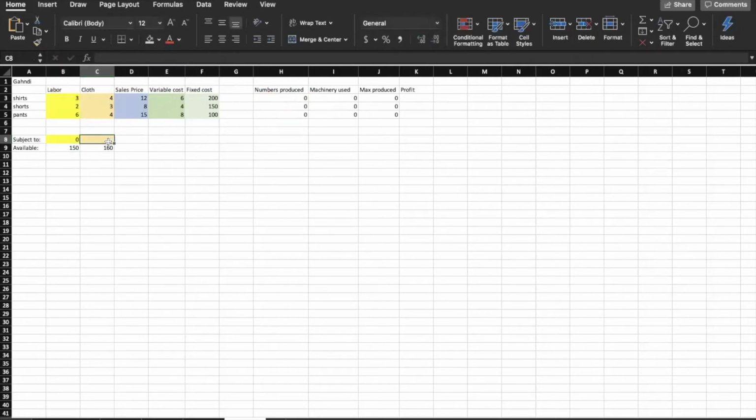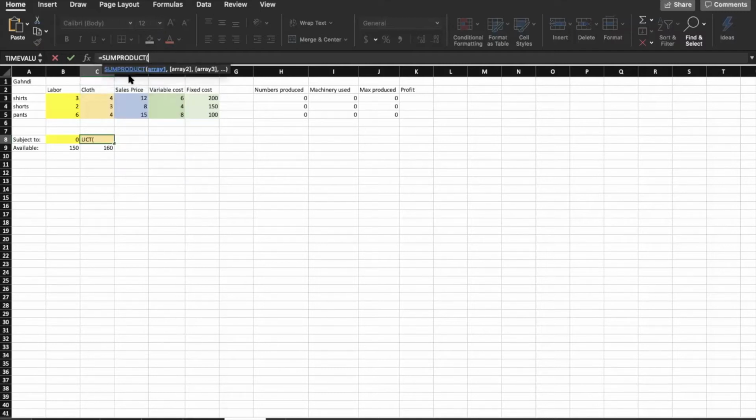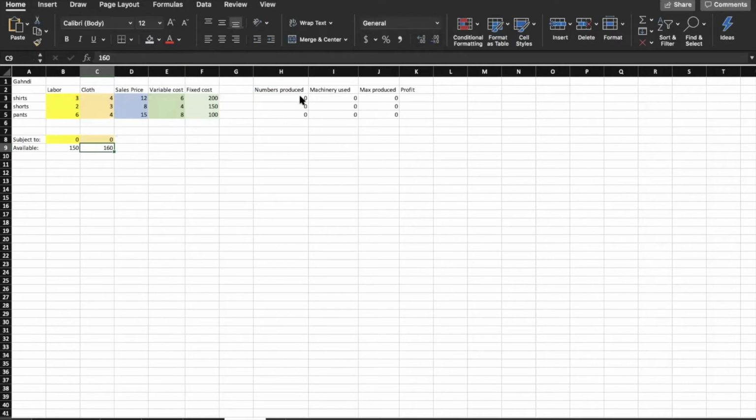We'll do exactly the same thing for the quote. So the sum product of how much quote we need for each of them and the number of how much produced. And those need to be less or equal to 160. So right now, let's do the maximum produced number. Remember, we calculated that those would be 40 if we produced any shirts. So that's why that is 40 times